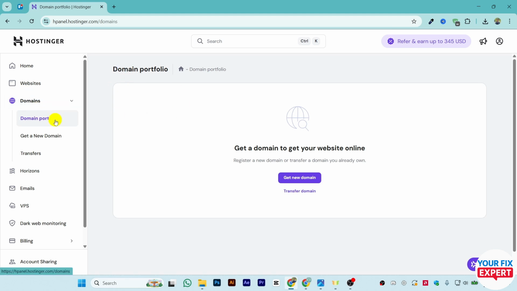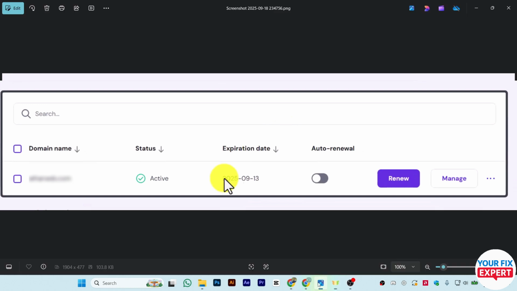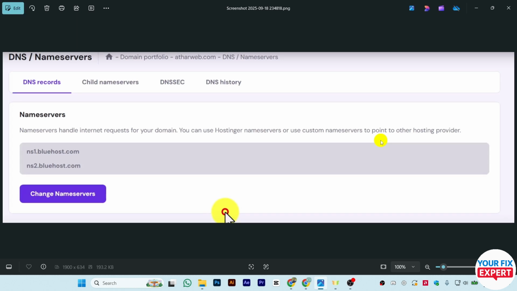So once you go into the domain portfolio, you will basically see your domain, like I will attach a screenshot so you can have a look. The domain name, status, expiration date, auto renewal. So from here just click on the manage option, and once you click on manage,